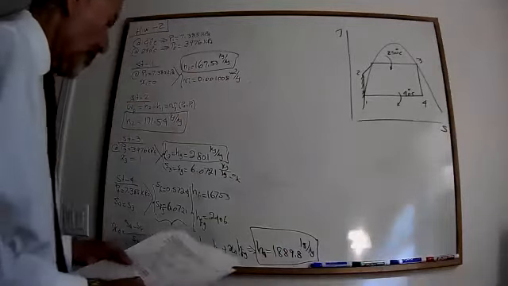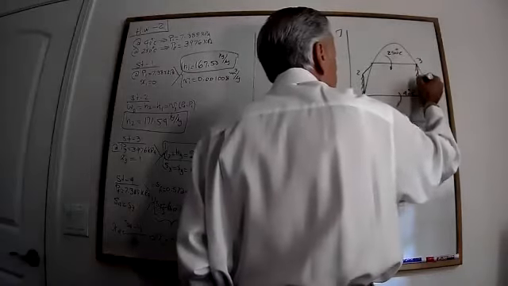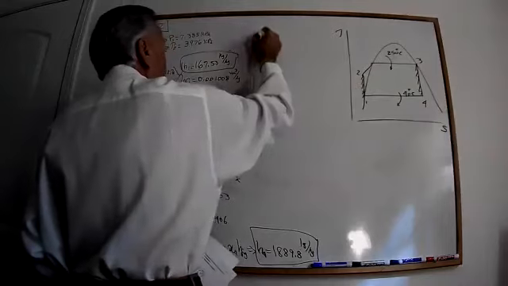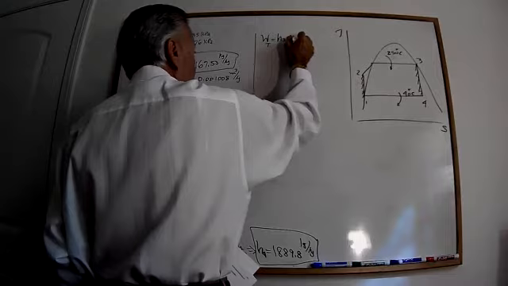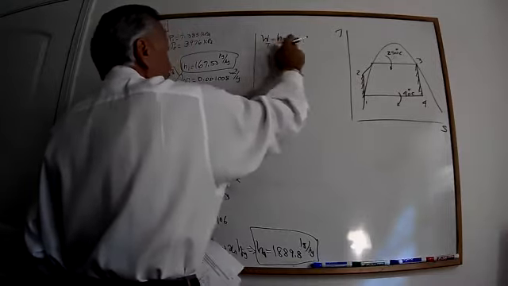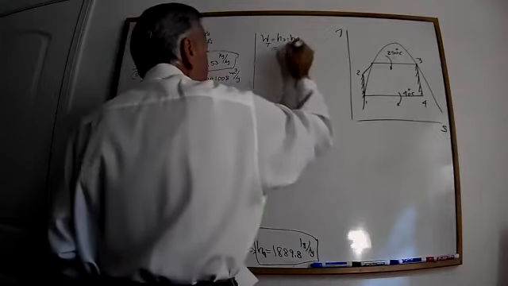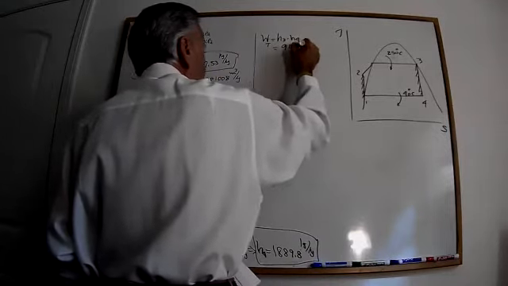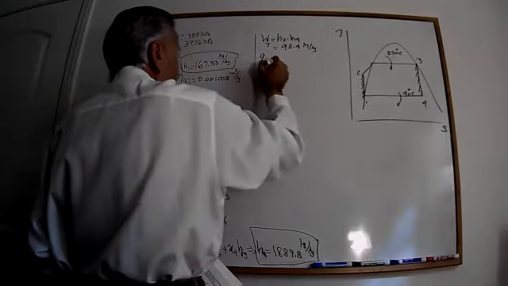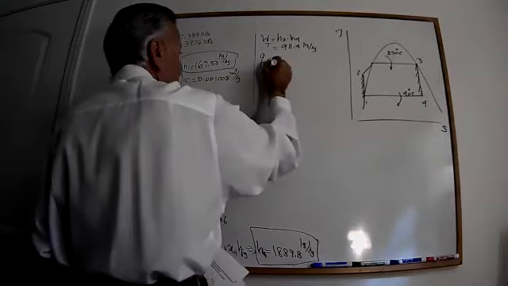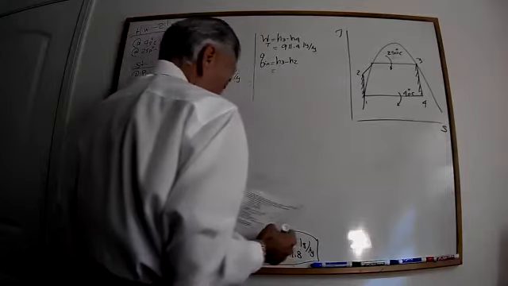Now that we have all the H value, the problem asks you to find the work of a turbine. Work of a turbine is equal to H3 minus H4. We have H3, we have H4. Once you plug it in, you find the work of a turbine to be 911.4 kilojoule per kilogram. To find the thermal efficiency, Q in is H3 minus H2, and the Q in value would be